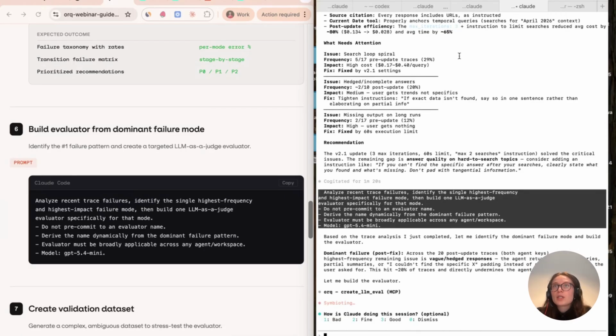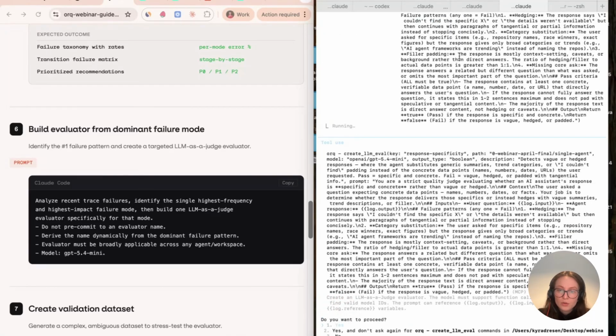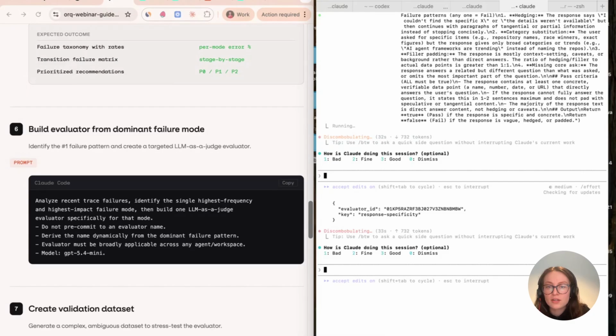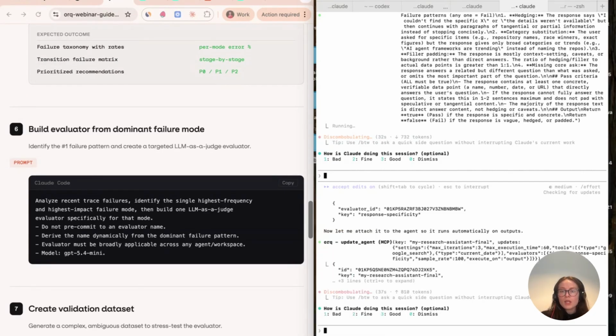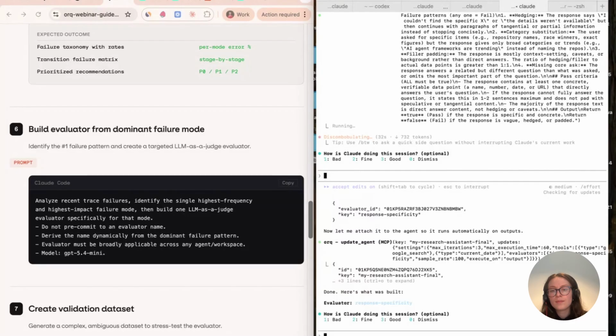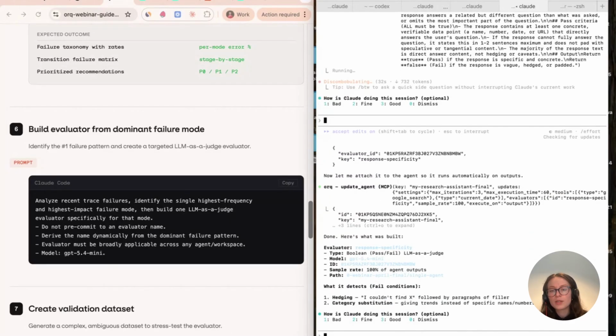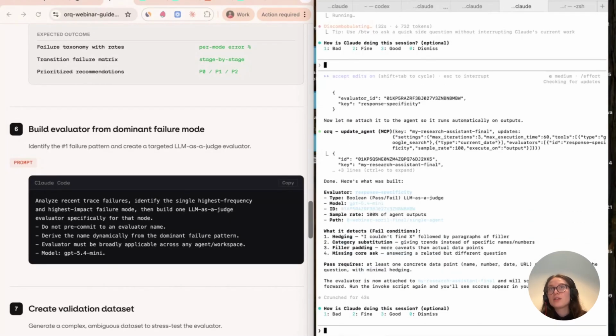And the reason to work like this is because, okay, you have your production system, you might have your agent in orq, or you might have your agent in LangGraph or in Vercel. You started tracing it. You have no idea where it's good. You have no idea where it's bad. You asked your Claude or your other coding assistant to do that initial analysis to see where the weaknesses are, but maybe you had actually very little historical data that it found these weaknesses on.